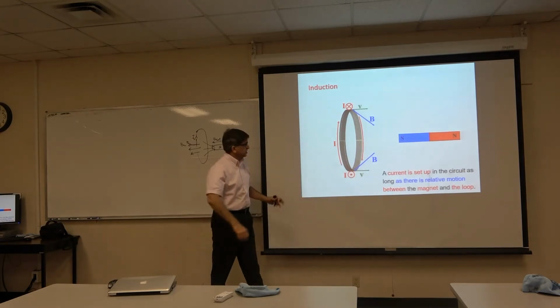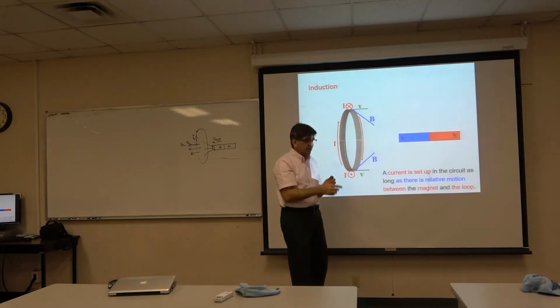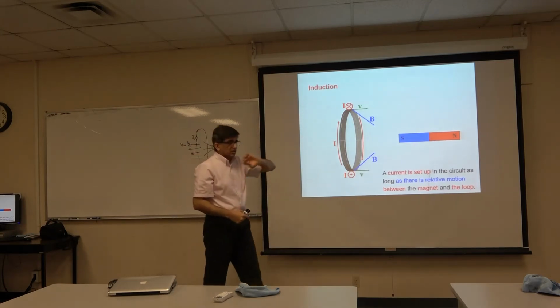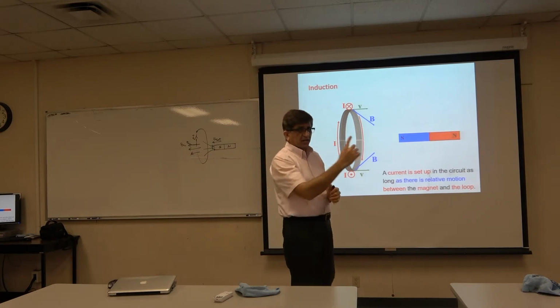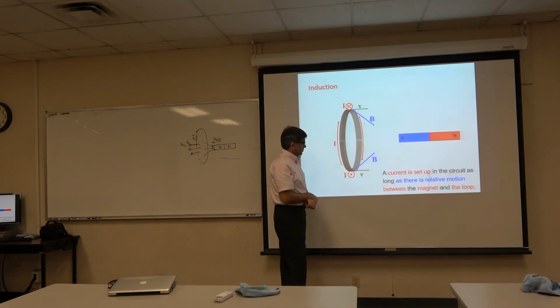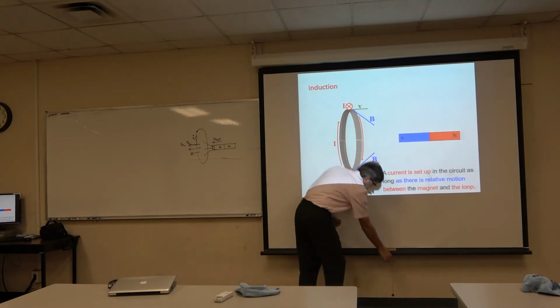The change in flux will produce an induced current in the coil, and this induced current will generate an induced magnetic field. As we learned earlier, whenever there is a current flowing through a conducting wire, there will always be a magnetic field around it due to the flow of the charge. So this magnetic field will be opposing